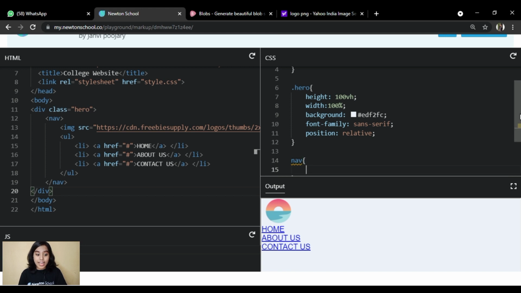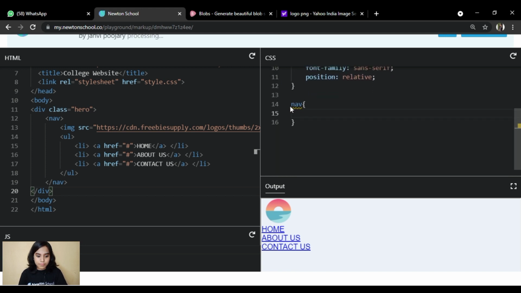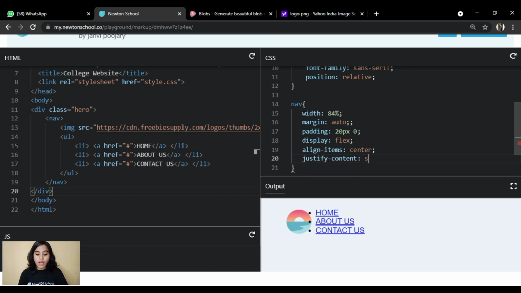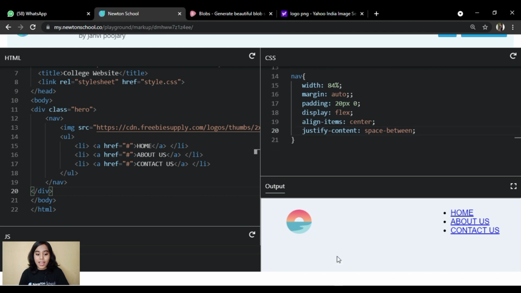Then we will target our nav. Here you will see that below the logo we have our nav, right? To bring them in line, we will say display flex, align-items center and justify-content space-between.